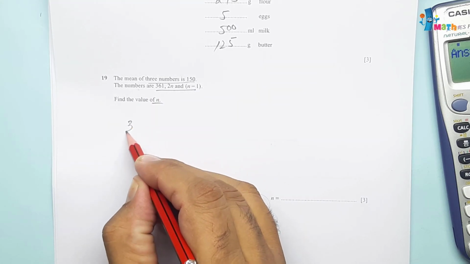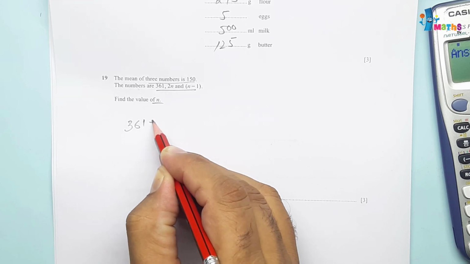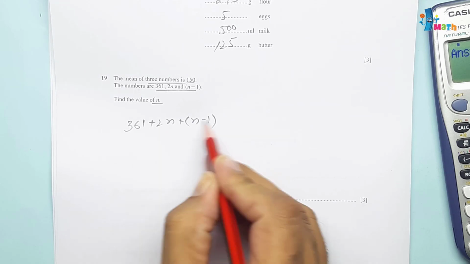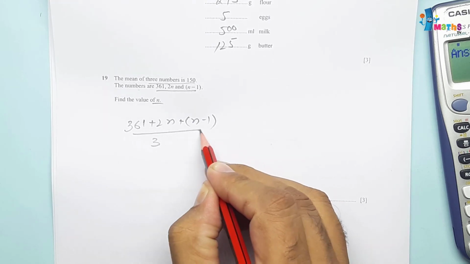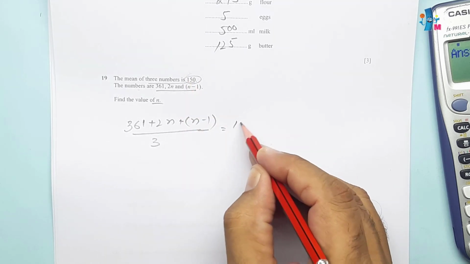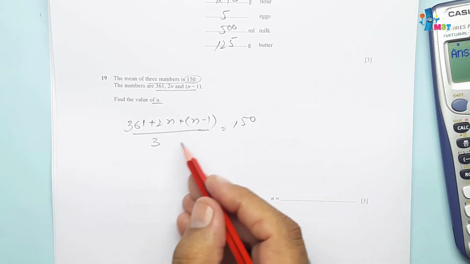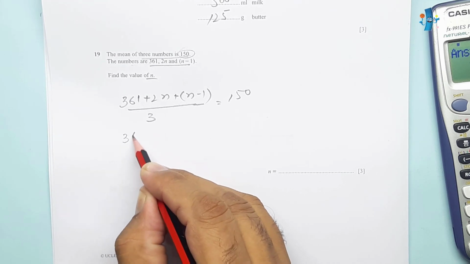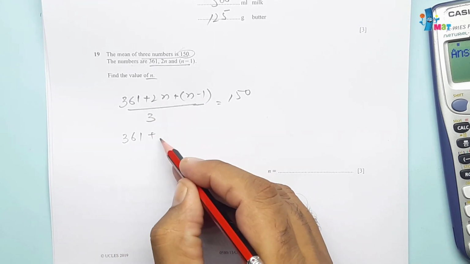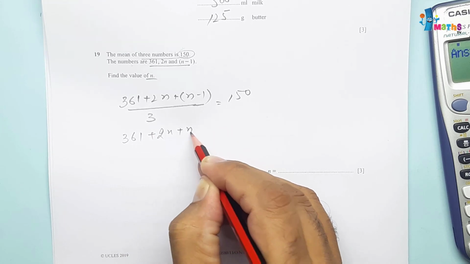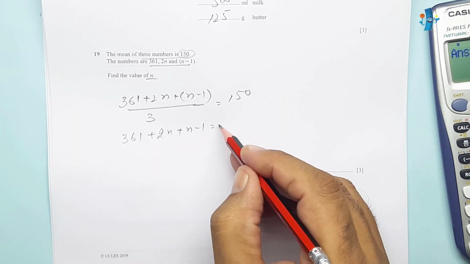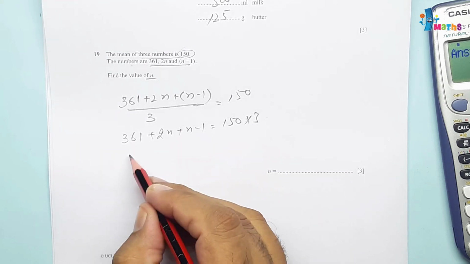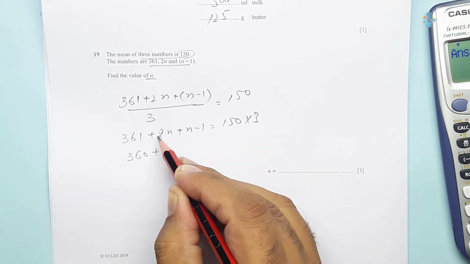So mean, we know we are adding numbers and dividing, for example, these are 3 numbers. So we'll add them and divide by 3. And we know that the mean of this one is 150. So we can write here 150. Then we will be cross multiplying, and 361, we'll open the bracket also. 2n plus n minus 1 is equal to 150 multiplied by 3, and this minus this will be 360 plus